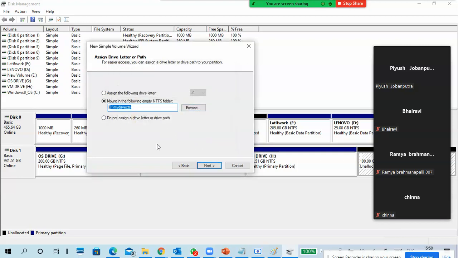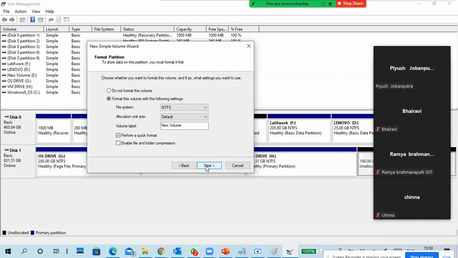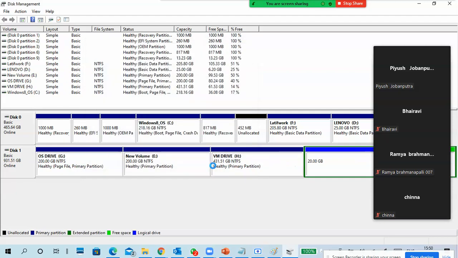Okay, so I gave a drive letter. Next, pick format NTFS only. No other things. Next, finish.